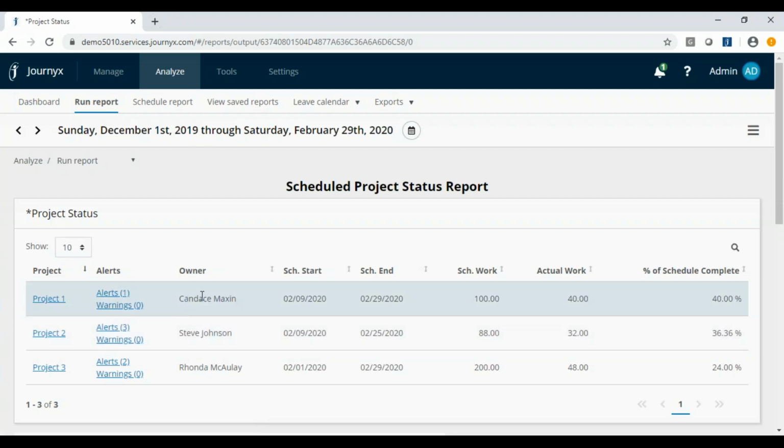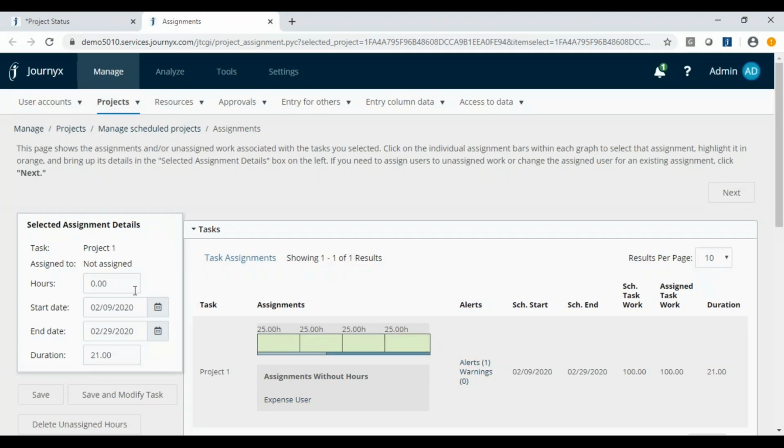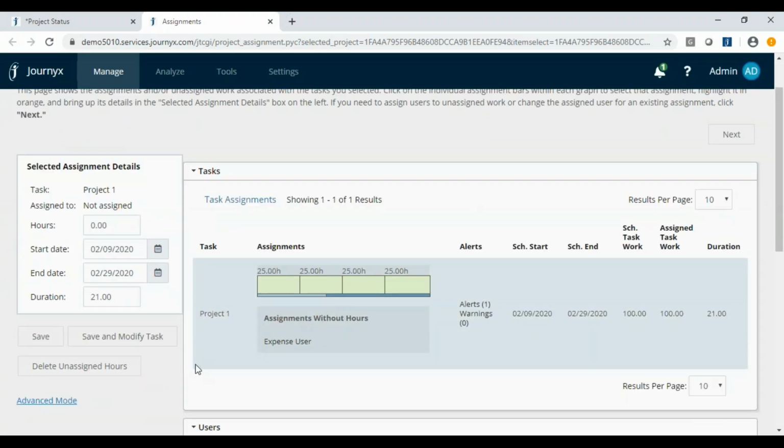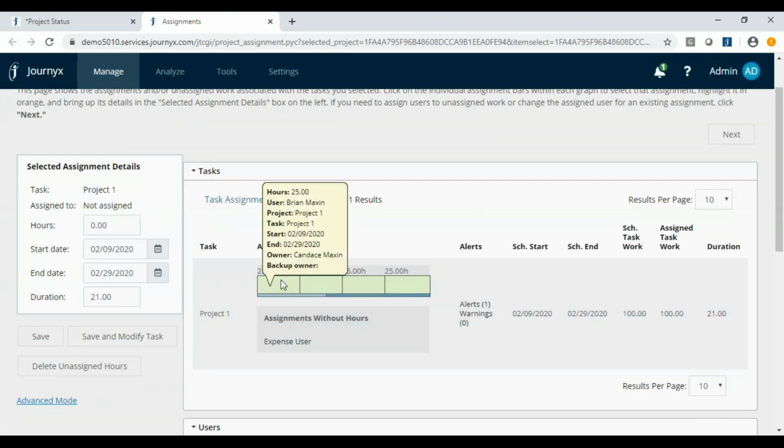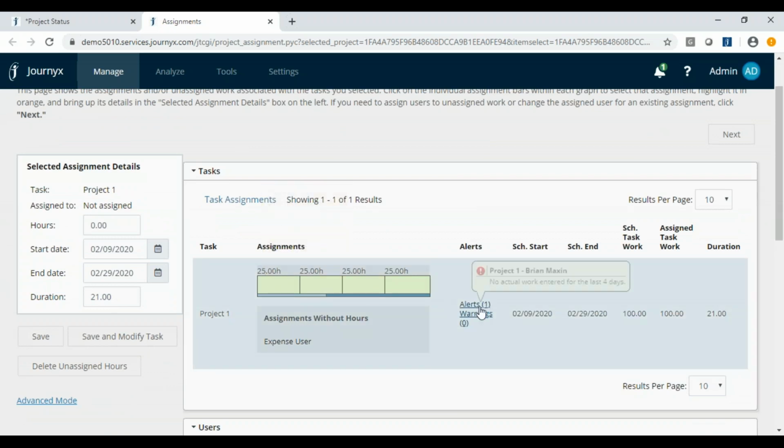I can show you who the project owner is, scheduled start and end dates, scheduled work, actual work, and a percent complete. So this is more of a project status report that you can view. As you click into some of these alerts and warnings, it can provide you a summary of that project, show you all of the assignments for that, but also allows you to see these different alerts. You can see in this particular example, Brian has not recorded any hours against this project over the last 4 days. So it's a nice little reporting